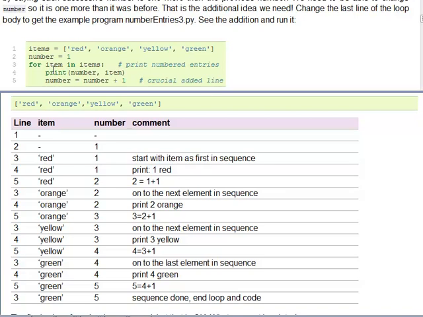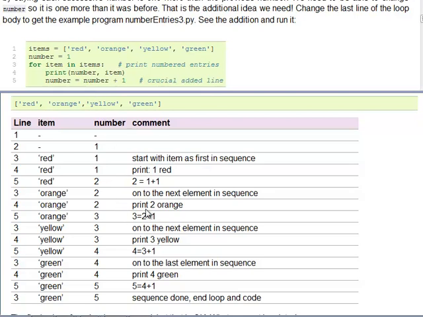After the heading, we go on sequentially for a while through the loop. Line 4 prints out the first data that we want, when the item is red and the number is 1. The next line sets us up. We use the current value of the number, add 1, and now the new value of the number is 2. We're at the bottom of the loop, the end of our indentation. For the for loop, we go back to the heading, change item to the next element, orange, and go on through the loop